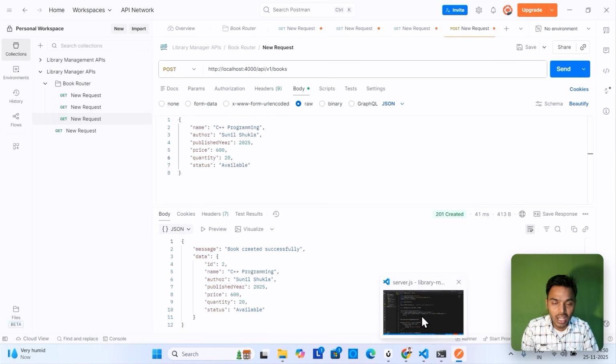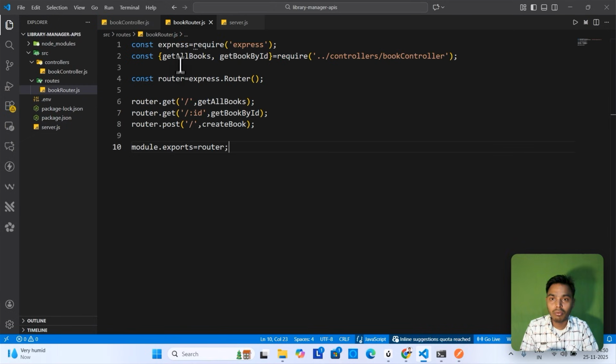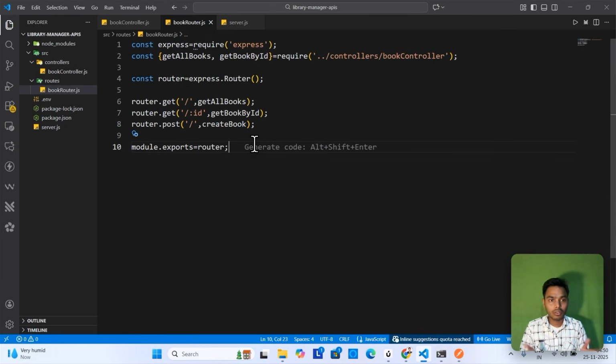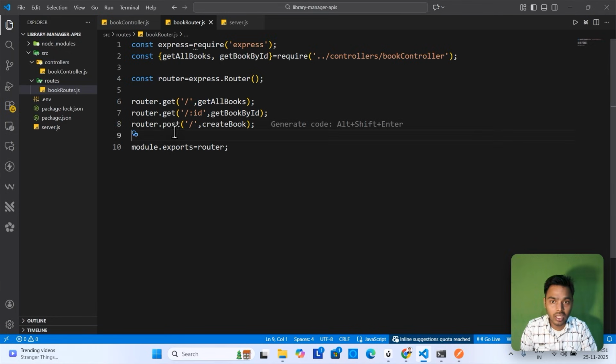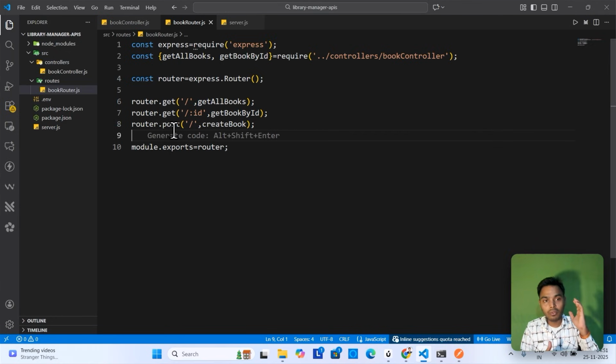I think there is one question in your mind: why are we using GET here and why are we using POST here? First I will explain this part. There are many HTTP methods like GET, POST, PUT, DELETE. There are different types of HTTP methods for different purposes. First I will explain what GET and POST are. Suppose there is one registration form, and when you fill in that registration form and submit,